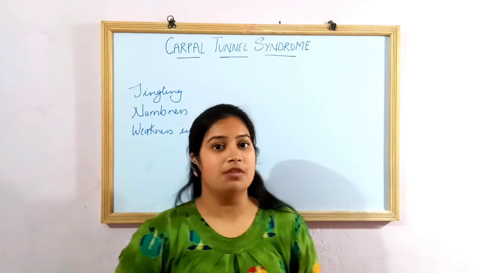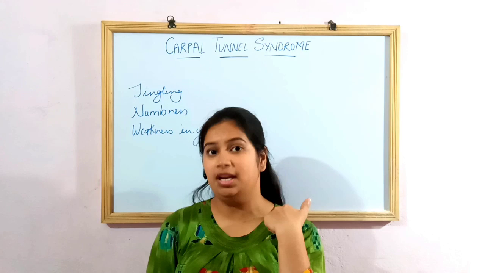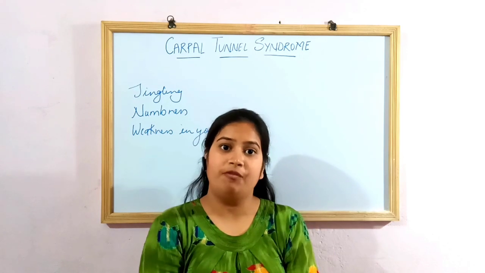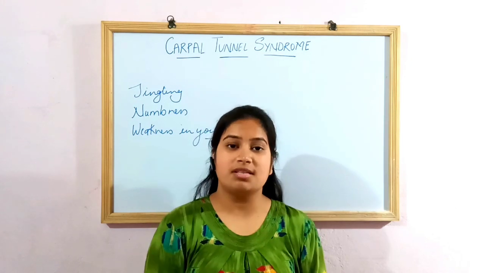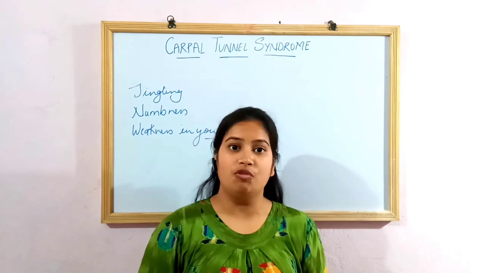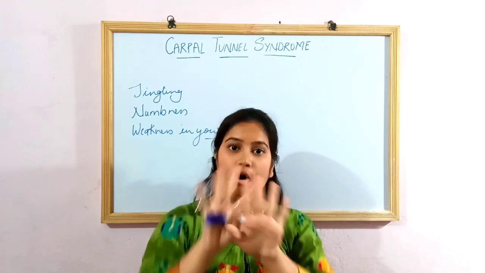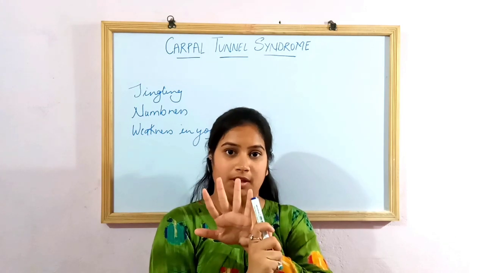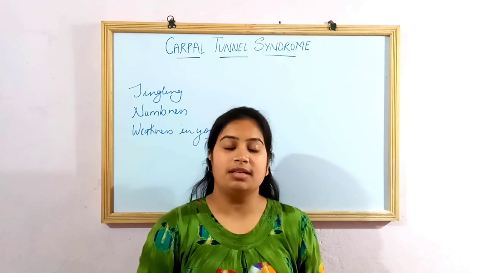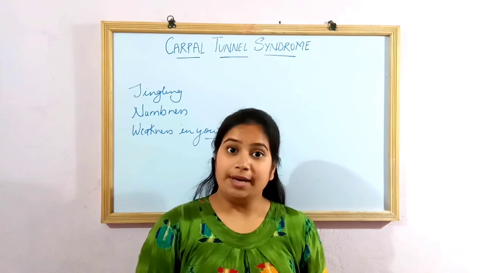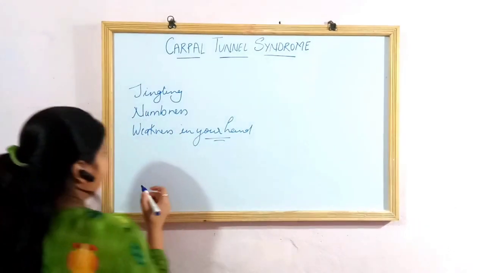Median nerve is the main nerve of the upper extremity. It originates from C6, C7, C8, T1 and passes along the length of your arm, forearm and wrist and ends in the hand. It is responsible for the feelings and movements of your thumb, index finger, middle finger and ring finger only. It does not control your little finger. Because of the pressure exerted on the median nerve, it is compressed and this causes the symptoms. Since the median nerve is compressed, it is also called median nerve compression.